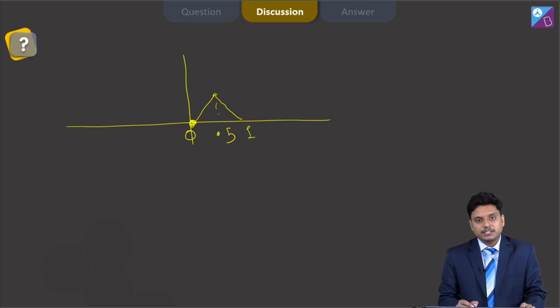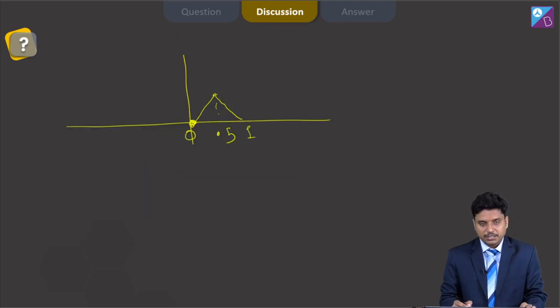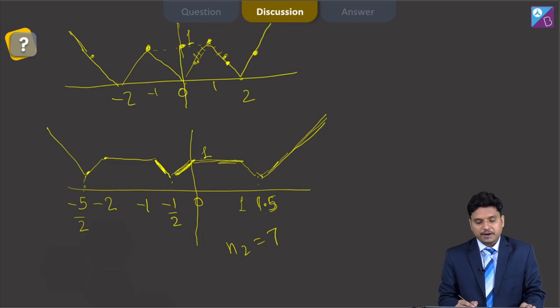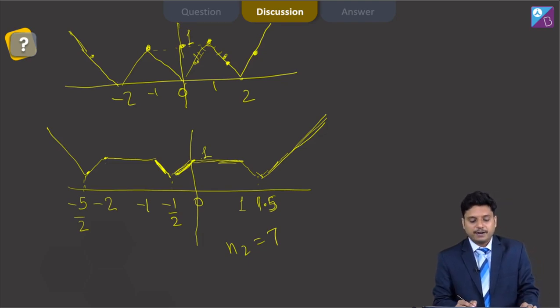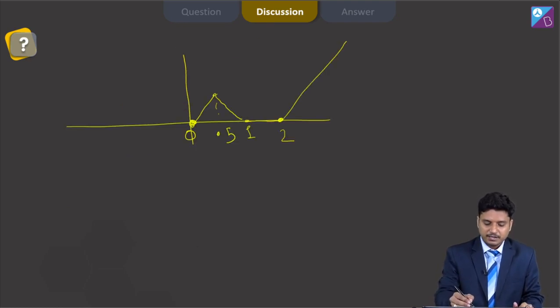Suppose you have to find h of 1.1, t will vary from 1.1 to 2.1, and that minimum value will be retained as 0 because f of 2 is actually the minimum in this interval. So from 1 to 2 this will be like that only. After 2, suppose we have to calculate h of 2.1, t will vary from 2.1 to 3.1, and again this part will be like this.